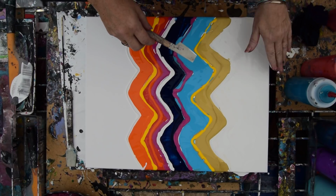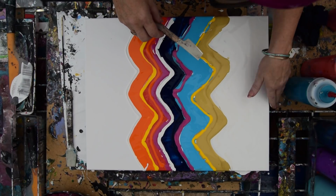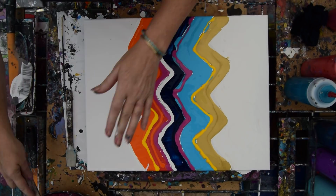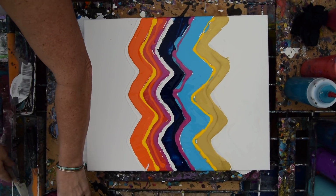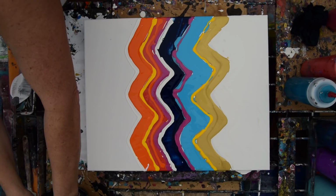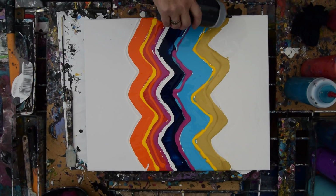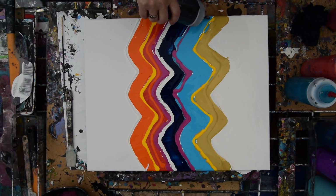So I'm going to rub my finger right down the end and add some wet white paint right down there and use my rag to wipe my fingers off and flip it. I like black in my stuff. There was some black in here. I think I'm going to...